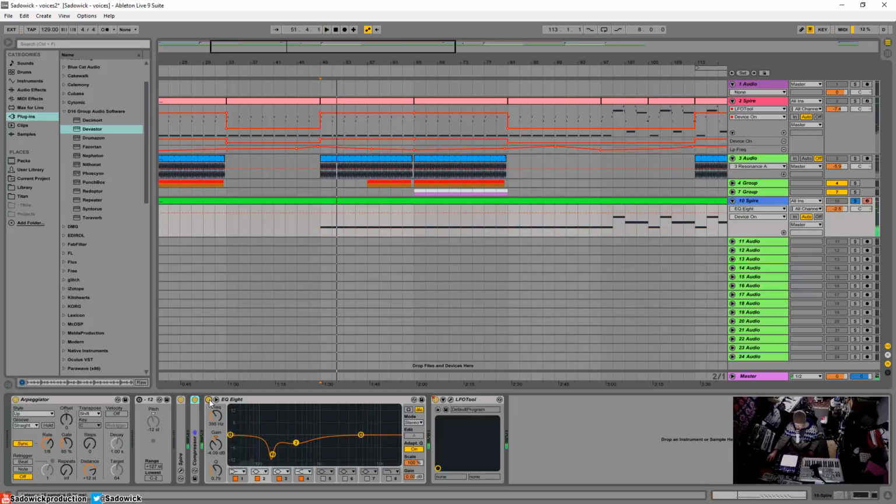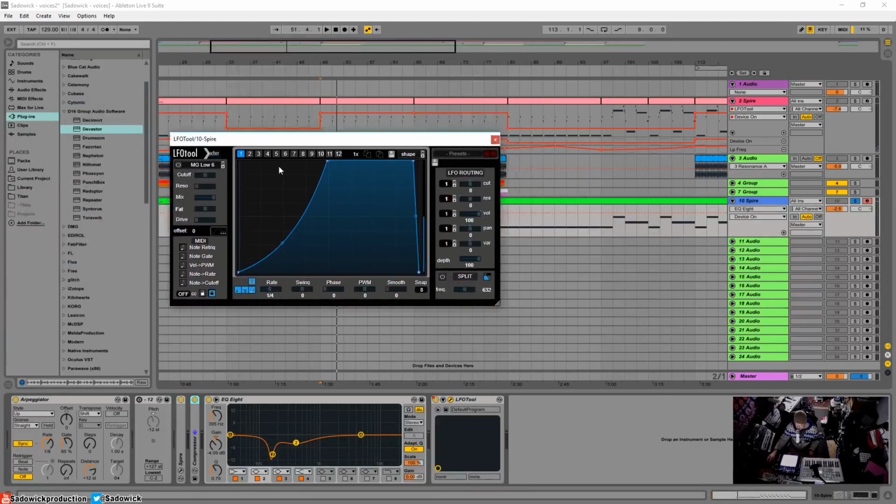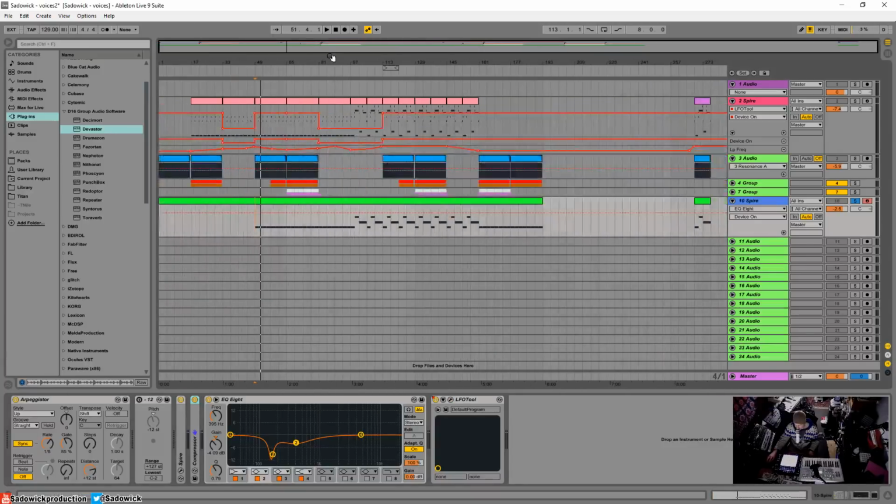It's more of a deep sound. And LFO tool here, just a basic kind of very extreme sidechain in the LFO tool. And that is basically it for that part. I knew I wanted to add more stuff to it, namely something with a voice. So let's hop into